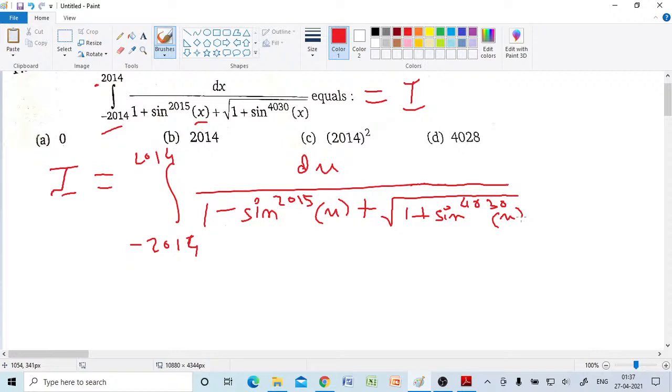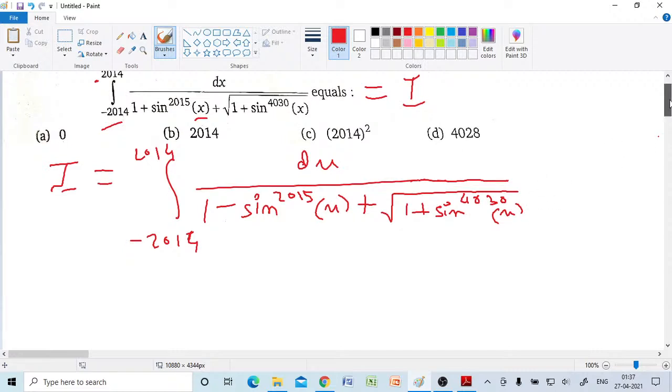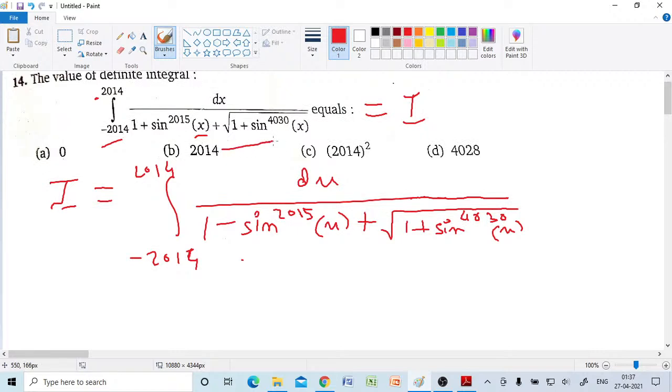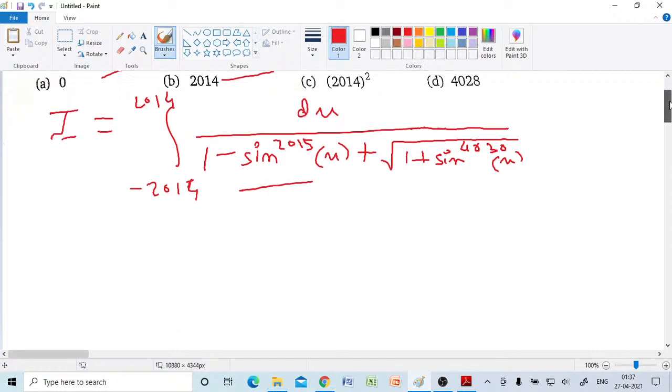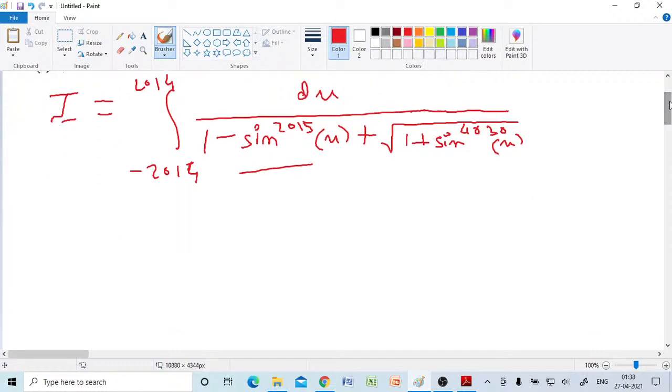Now if we basically add these two integrals, let's see what happens. LHS will be 2 times I equal to the integral from minus 2014 to 2014. Adding them will give us